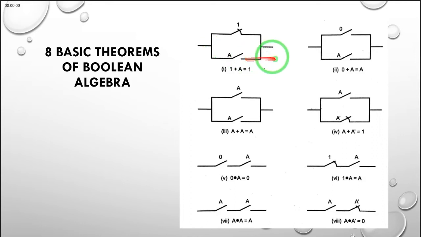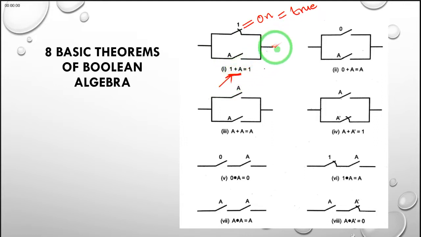So we have 8 basic theorems of Boolean algebra that we will now highlight. And the first one is represented by 2 parallel switches. That one is whenever we have a 1, we are equating it to a closed switch or on position, which is, we are also saying that to be true. And therefore, if one of the switches is true or on, and we have another switch that is being ORed, that is taken through an OR operation,